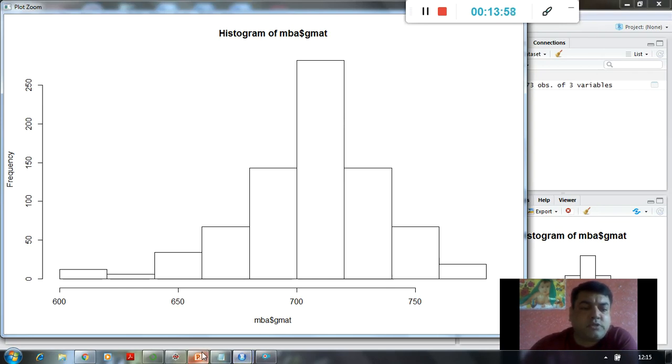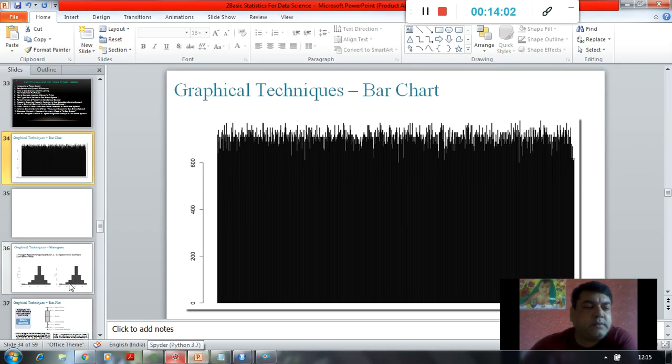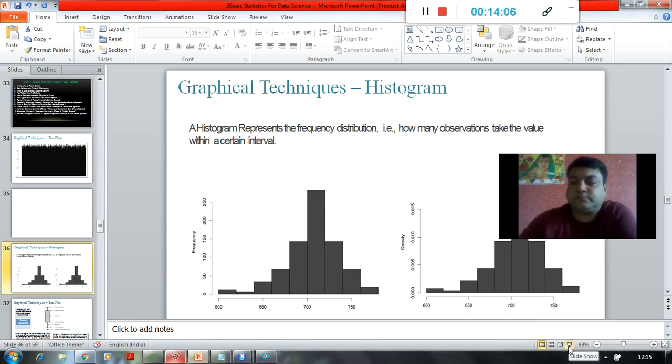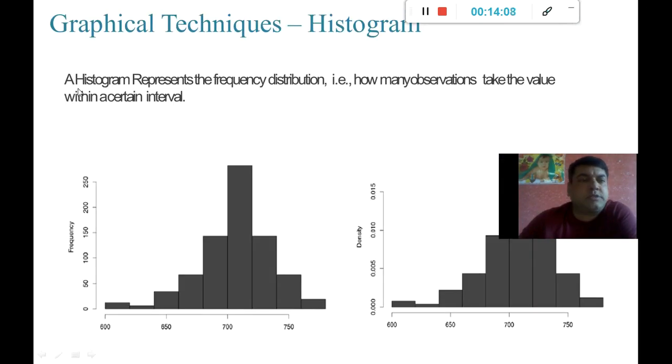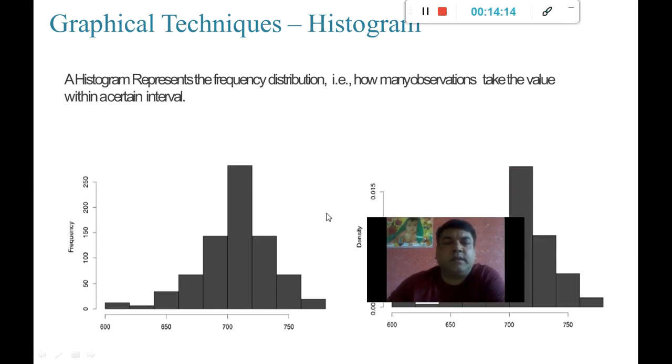First of all, what is a histogram? A histogram is nothing but a frequency distribution, right? That is, how many observations take a value within a certain interval.